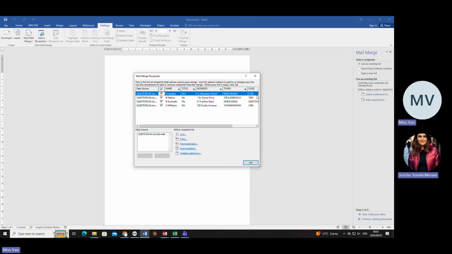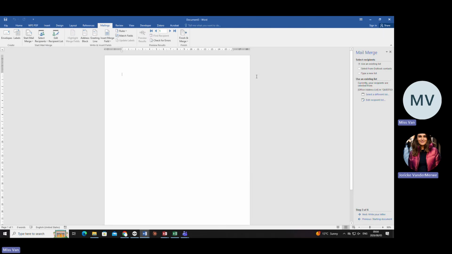But do you see that the blank page was not closed? So the connection between, remember here I'm on step 3 of 6. The connection between the database and this document has been established. It's important because I've seen in previous exams, you get the letter already written for you.